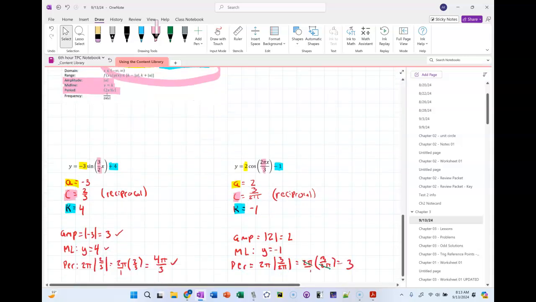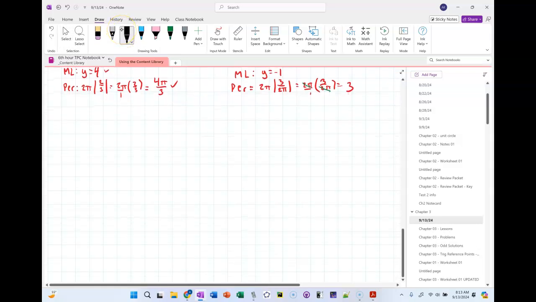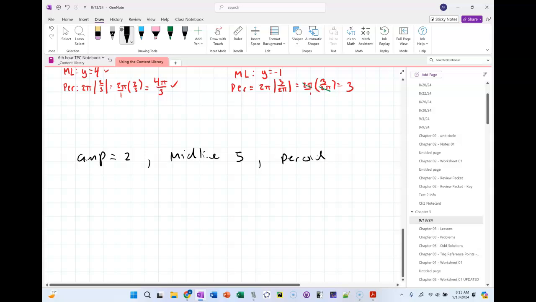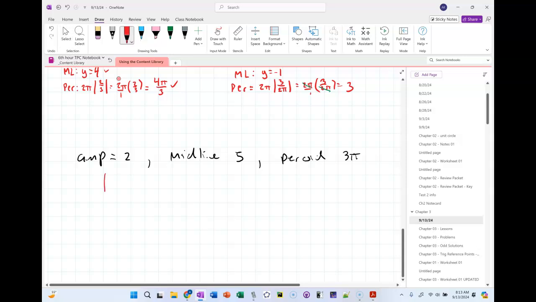And the last thing that we might have to do is say we have an equation where the amplitude is 2 and the midline is 5 and the period is 3 pi. So doing this, if we want to write an equation for this, well,